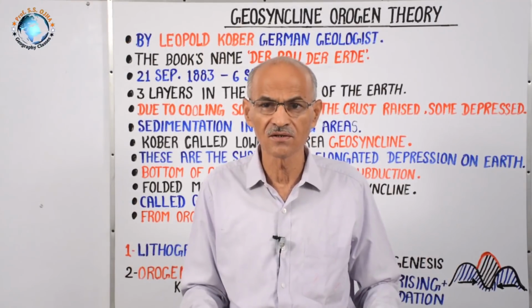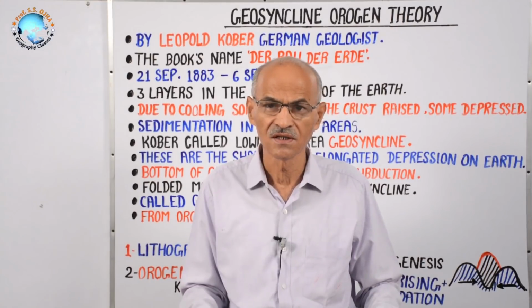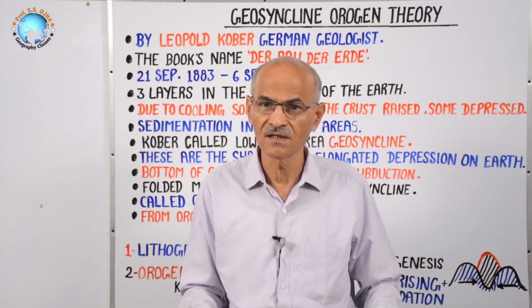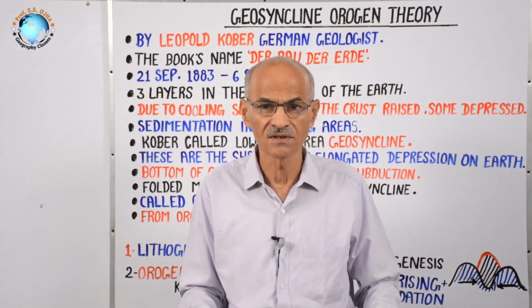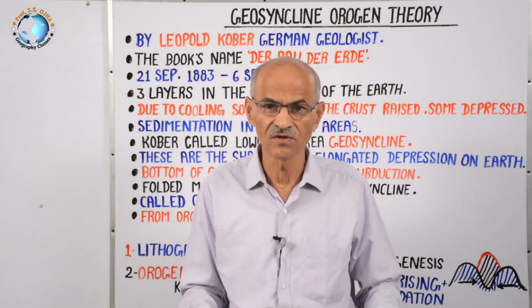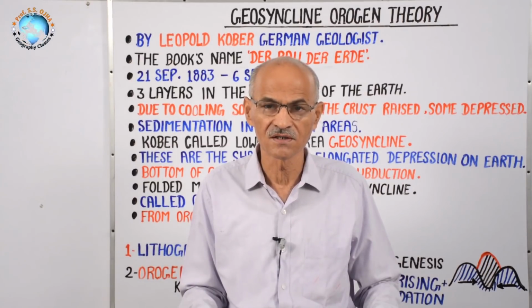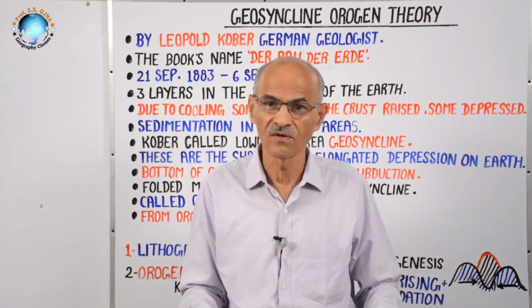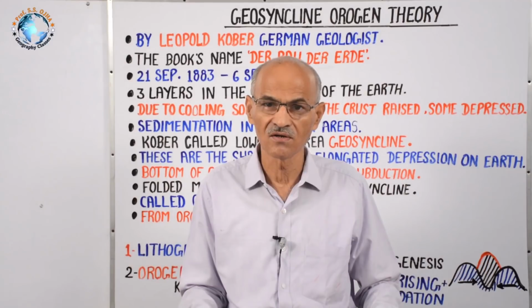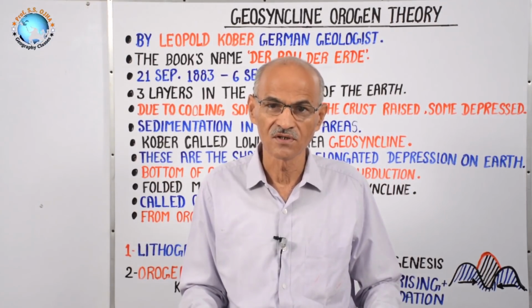The origin of continents and ocean basins, and on continents the different types of mountains like folded mountains, faulted or tectonic mountains, and volcanic mountains, has been a curiosity among geomorphologists. That's why a number of theories have been propounded by geomorphologists regarding the origin of continents, ocean basins and especially folded mountains. And it has been concluded that all the folded mountains of the earth have come out of geosynclines.